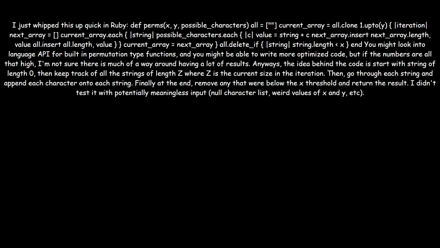I just whipped this up quick in Ruby. def perms(x, y, possible_characters) all = [""]; current_array = all.clone; 1.upto(y) { |iteration| next_array = []; current_array.each { |string| possible_characters.each { |c| value = string + c;